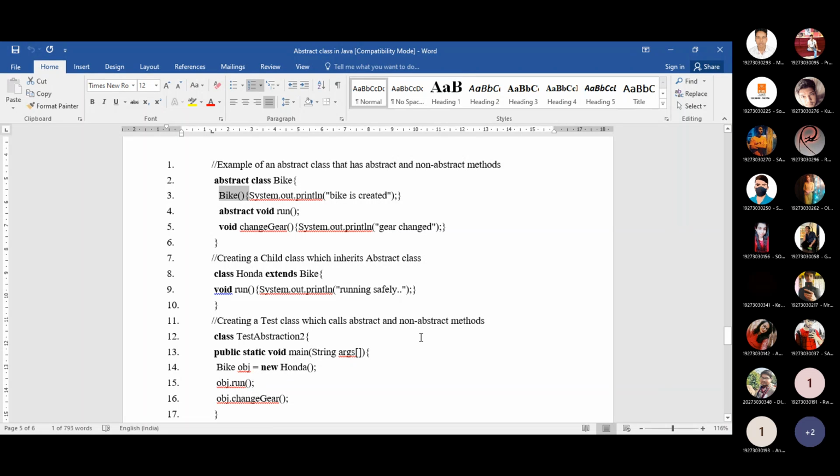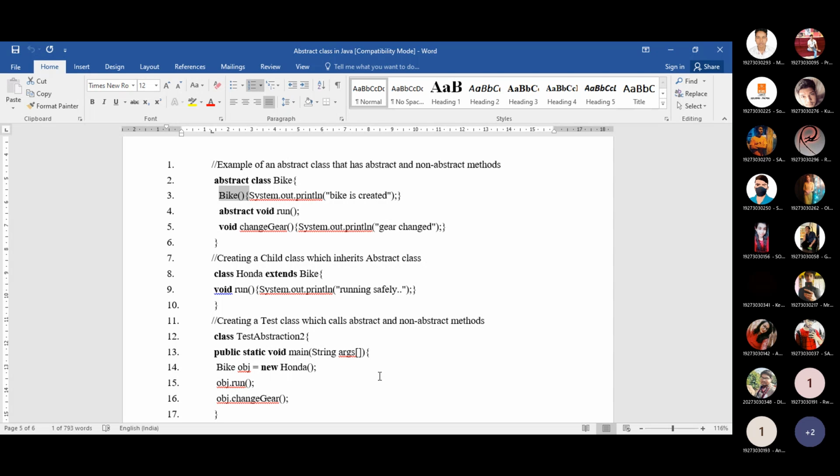Now, can anyone present in this class tell me what will be the output of this program? What statements will be shown on your output screen if you run or execute this program? Can any one of you tell me? If you have any doubt regarding this coding section, you can tell me. If you understand this program clearly, it will be easier to tell me the output.